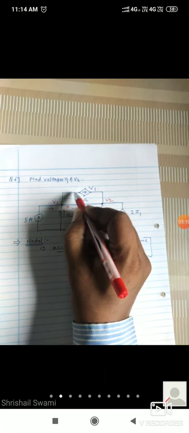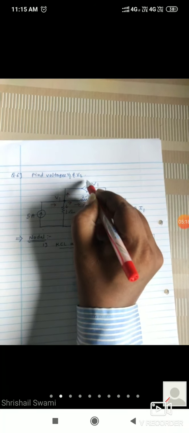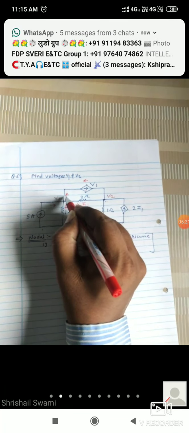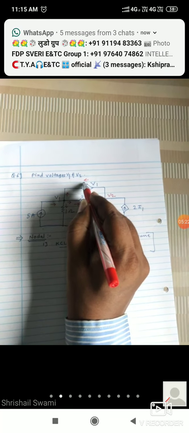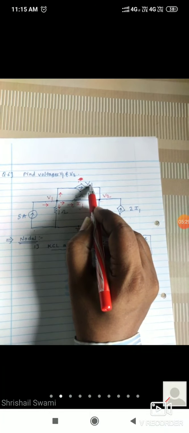And this is also a current source. This current source is already given. Since it is a current source, take the direction as it is. If the direction was like this, then you have to take it as it is. As given, this is the current source whose value is V1. What is the value of this current source? It is V1.